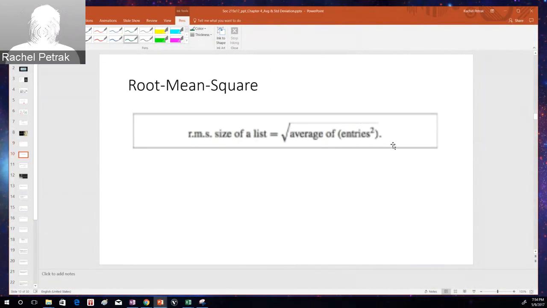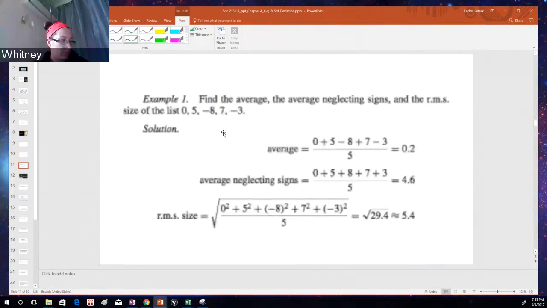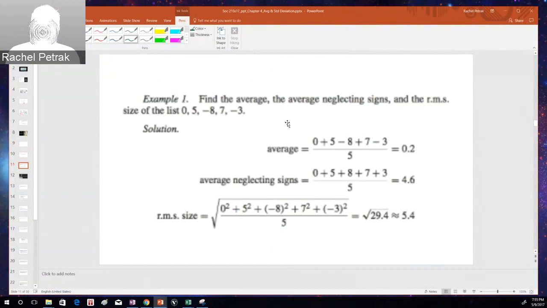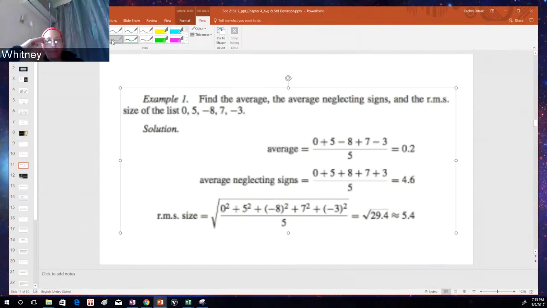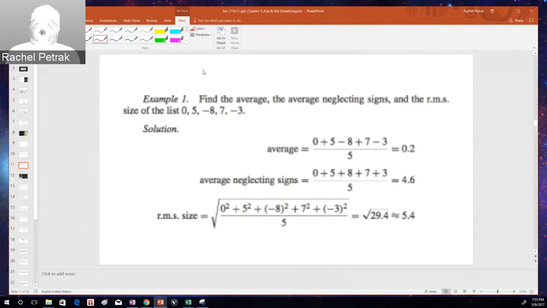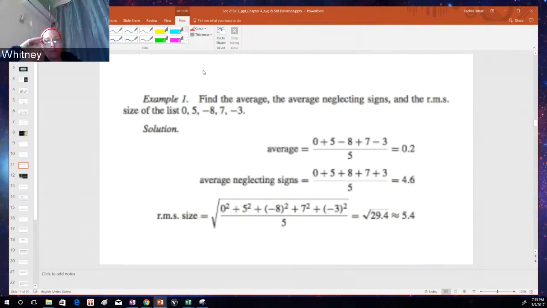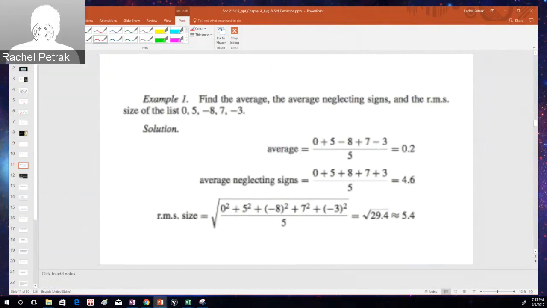So that is to say, here we have an example of the average, and it fits in with our way of thinking about the average already. We've got our mean equal to the sum of all the scores divided by the number of scores, 5. Now, if we get the average, neglecting the signs, because when we get the average,